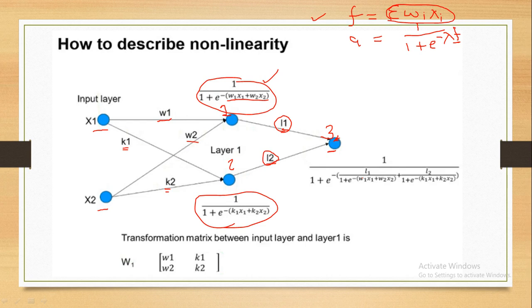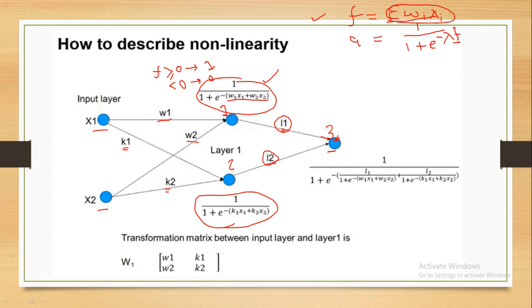So guys, why did I make the activation function complicated? The thing is, the step function was directly predicting 1 and 0. Now consider if I used the step function here. Step function just says: whatever the value of f, if f is greater than or equal to 0, the output is 1. Otherwise, if f is less than 0, the output is 0. So it just says 1 and 0.